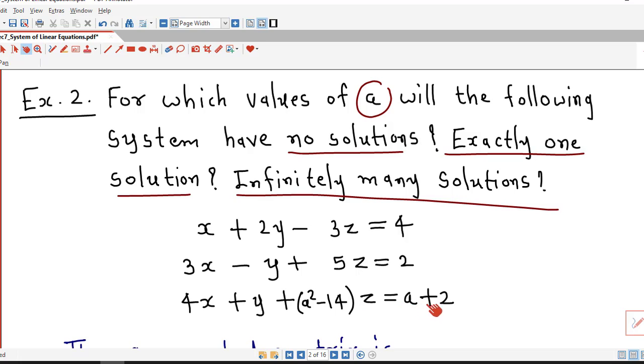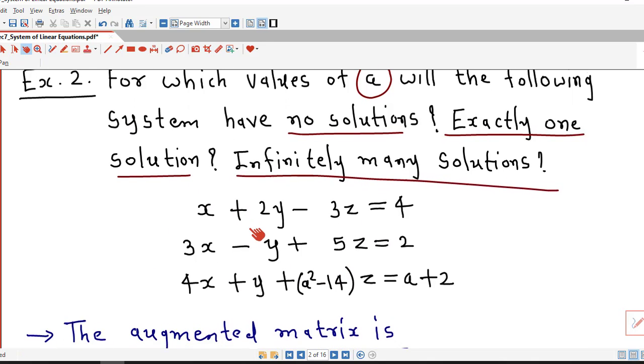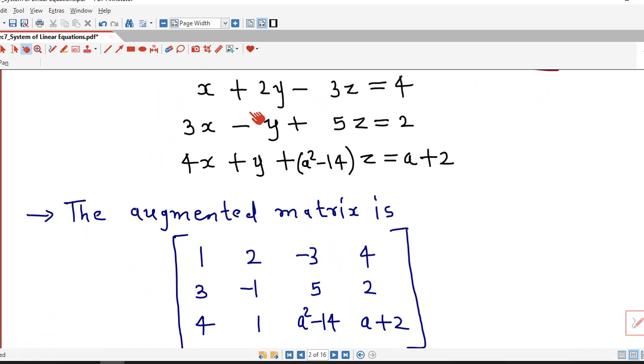So we have to decide for which values of a the system will have no solution, or an infinite number of solutions, or a unique solution. So again we use the Gauss elimination method. We write down the augmented matrix and convert it into row echelon form, and from row echelon form we will have the idea. So first we write down the augmented matrix